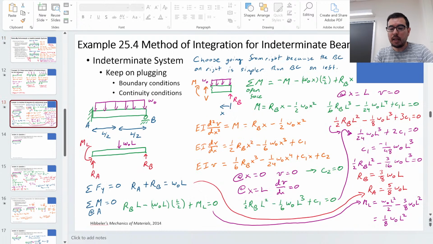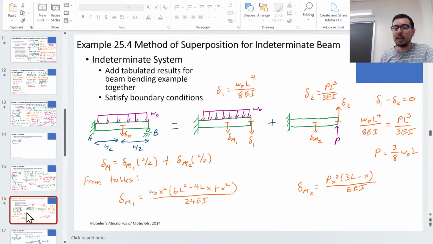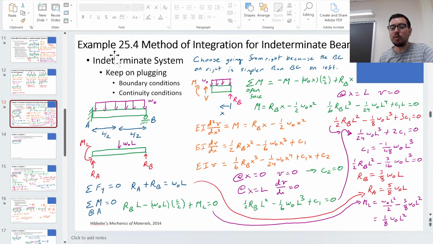Okay, I like situations where I'm not using the method of integration. The method of integration is a possibility, but it's usually a lot of math. If you have a statically indeterminate system and you can break it down and use the tables instead, you can do the same problems with a lot less math. So if you say you're going to use the method of integration, which is a fine method, but I've given you the tables,